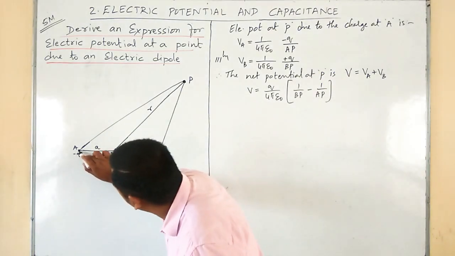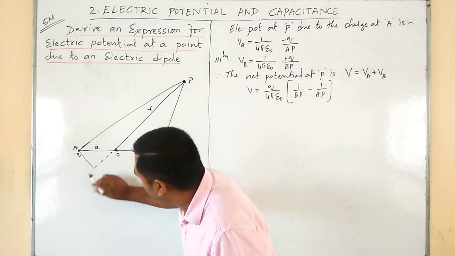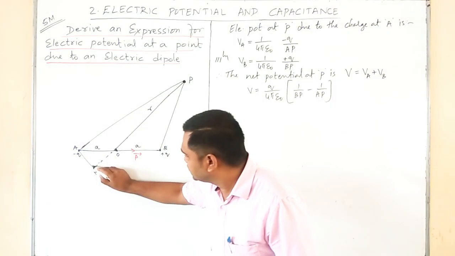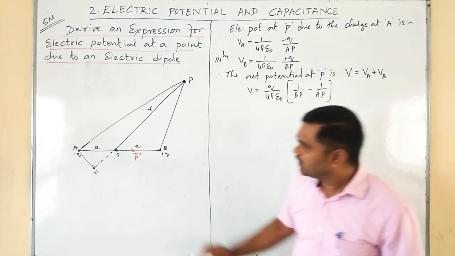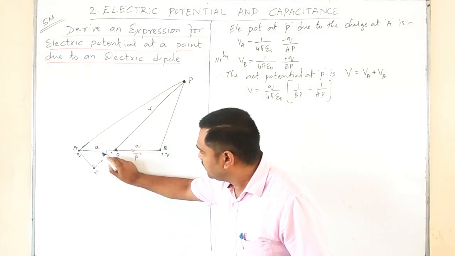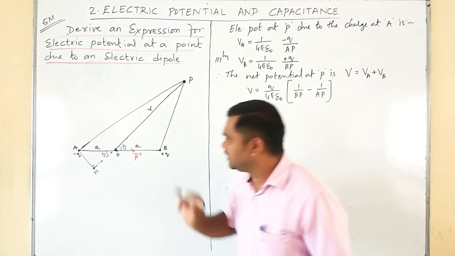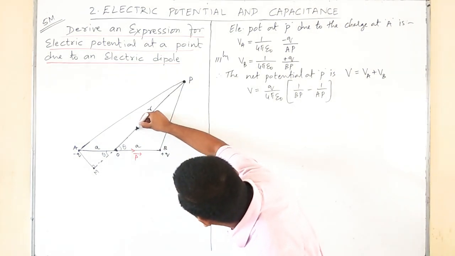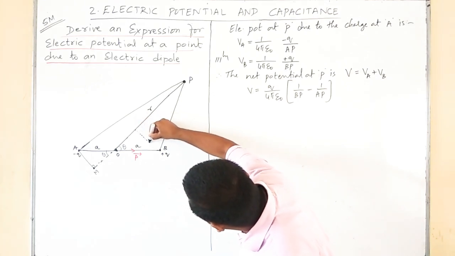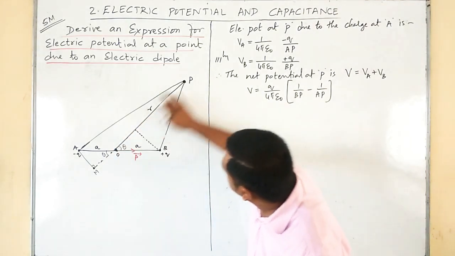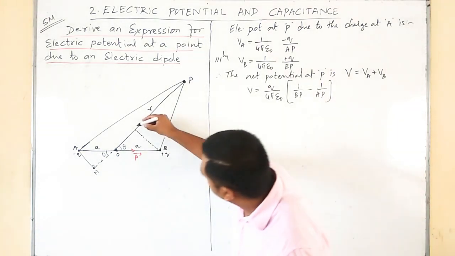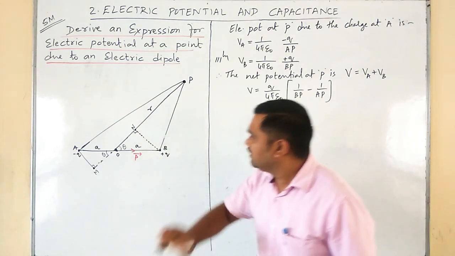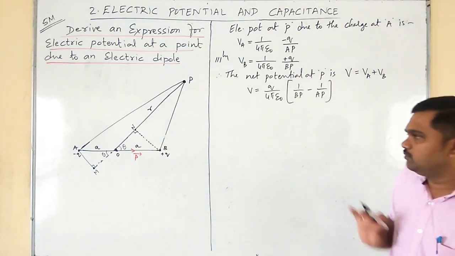Next, I will write a perpendicular. I will draw a perpendicular and I will call this point M. So this is angle 90 degree. It is making some angle theta. If this is theta, this is also theta because vertically opposite angles. Similarly, I will draw one more perpendicular from point B to this line OP. Okay. So I will call this point N. Here the angle is same, 90 degree. Okay. Now,